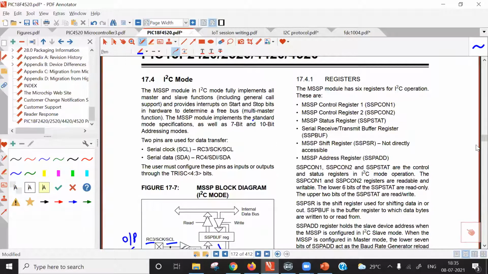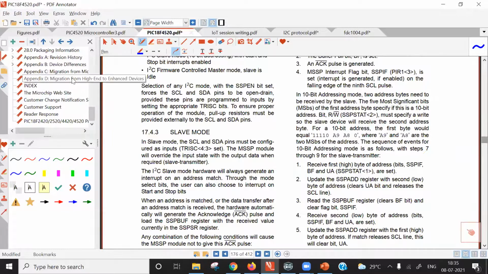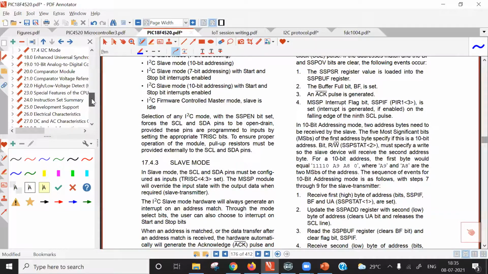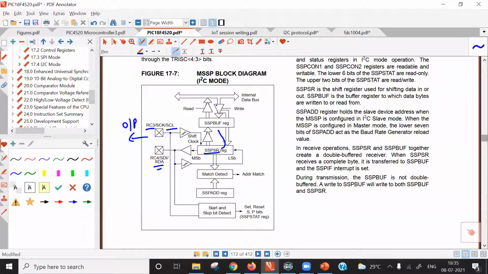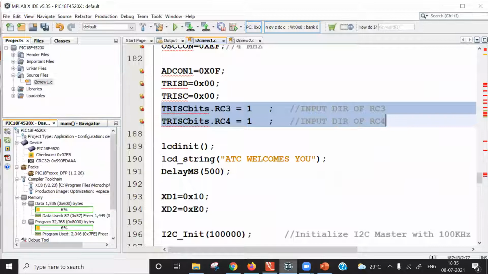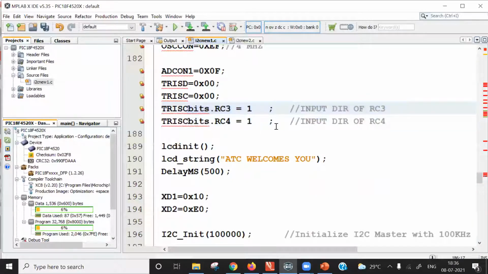When we disconnect that, only the I2C hardware becomes active and gets connected to the corresponding pin. So we want to connect this I2C hardware to both of these pins. Whenever we enable it, it gets connected, and when we do not write logic 1 to the trace bits, the output of both the data latch of the port as well as the I2C module appears on the line. So the protocol will not work. That is the purpose of setting this bit to 1.